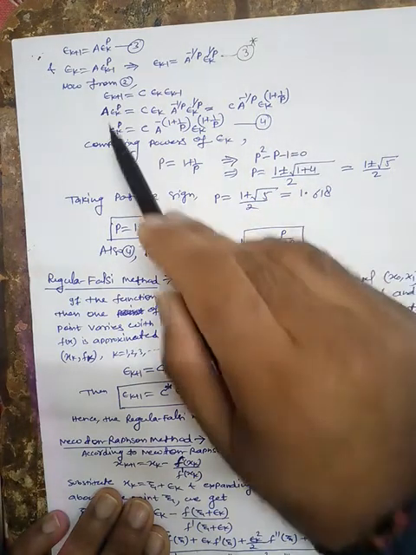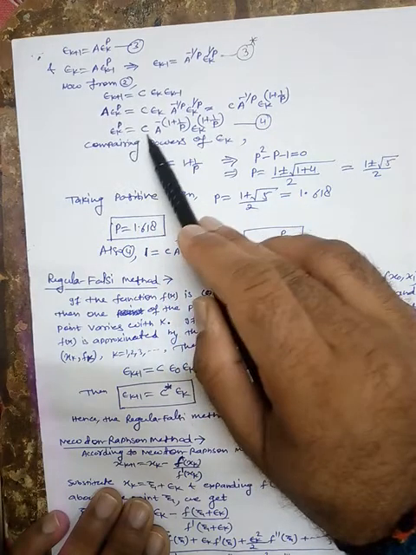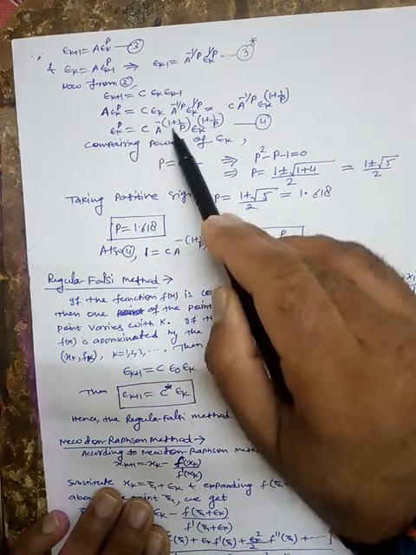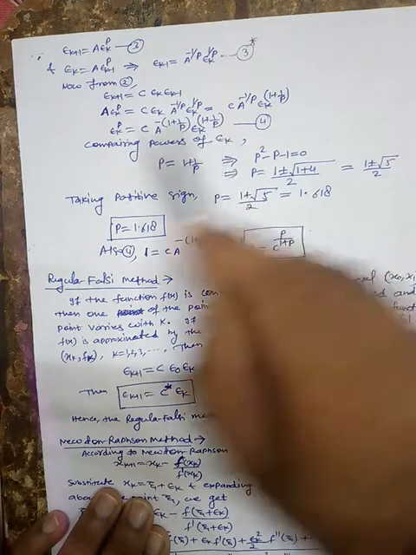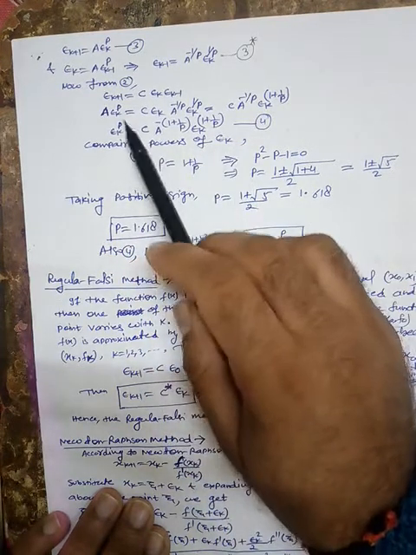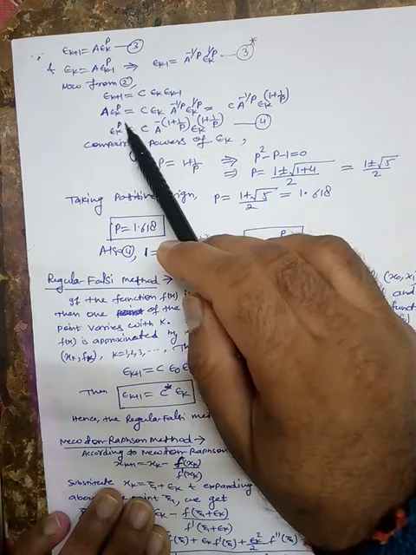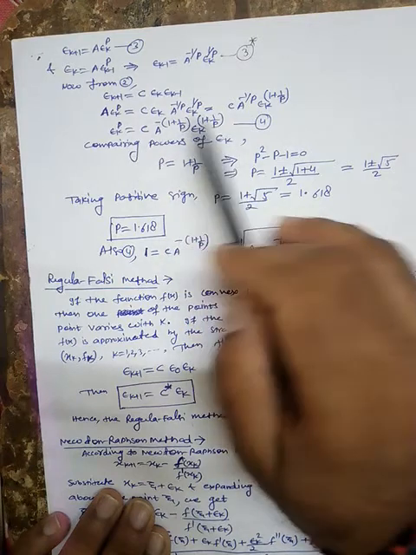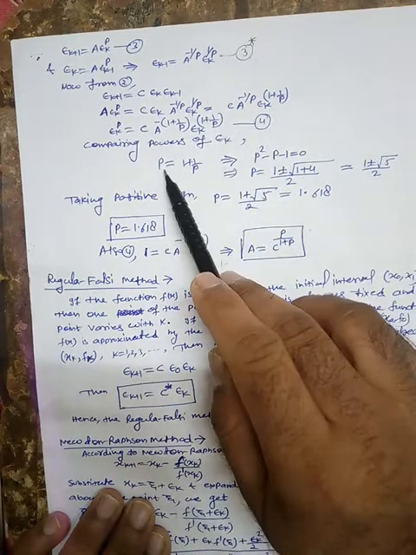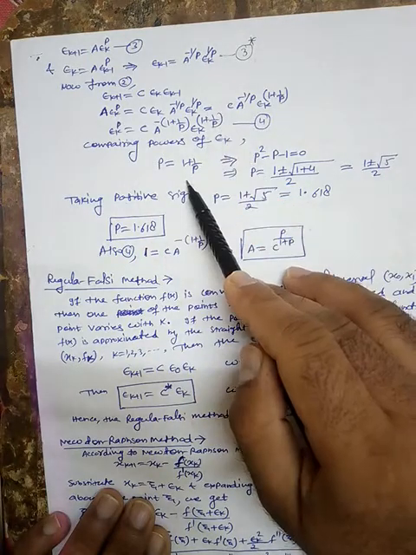Now you can divide this equation by a. So epsilon k raised to the power p is c a raised to the power minus 1 plus 1 by p, epsilon k raised to the power 1 plus 1 by p. If you compare the powers, here the power of epsilon k is p, and here the power of epsilon k is 1 plus 1 by p. So both should be the same, and that's why p is equal to 1 plus 1 by p.